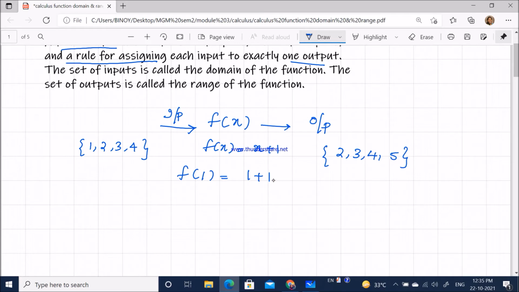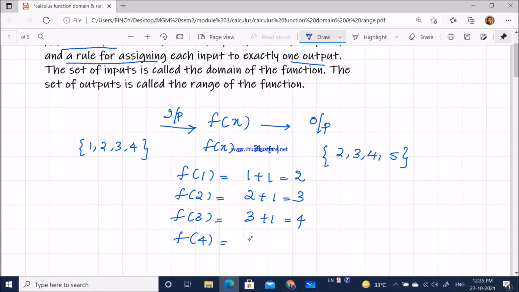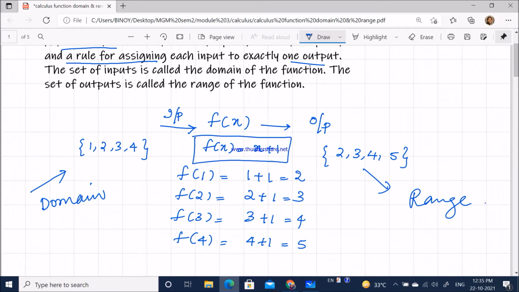because f of 1 is equal to 1 plus 1, that is 2. f of 2 is equal to 2 plus 1, that is 3. f of 3 is equal to 3 plus 1, which is 4, and f of 4 is equal to 4 plus 1, which is equal to 5. So these are the corresponding domain and this is the range of the particular function,